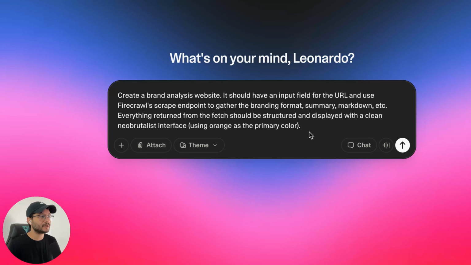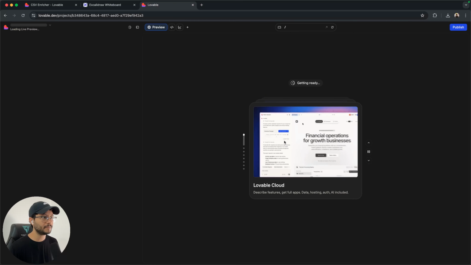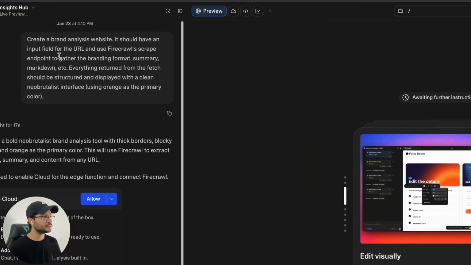Let's go. My first prompt is this one. Create a brand analysis website. It should have an input field for the URL and use Firecrawl's scrape endpoint to gather the branding format, summary, markdown, etc. Everything returned from the fetch should be structured and displayed with a clean neo-brutalist interface, using orange as the primary color. Let me hit enter and describe a bit more of this prompting,